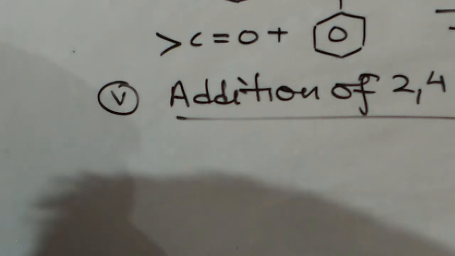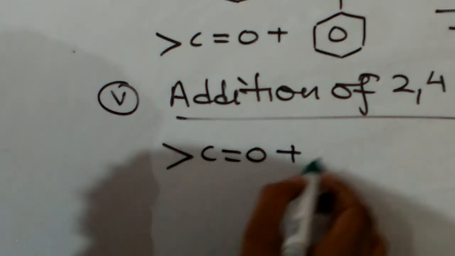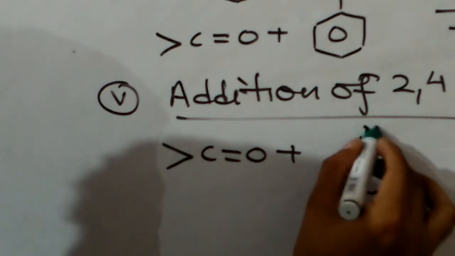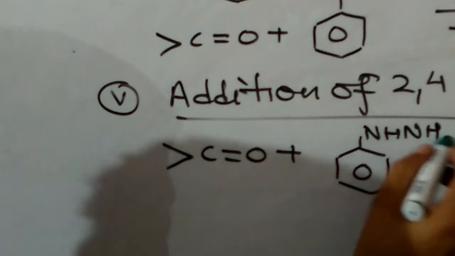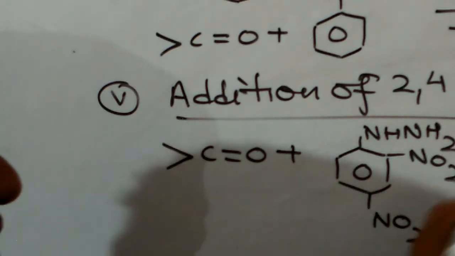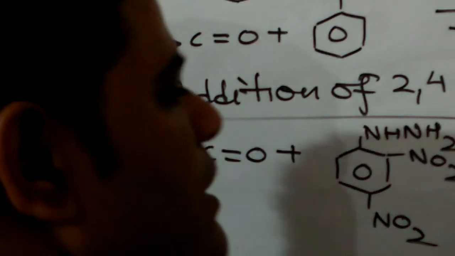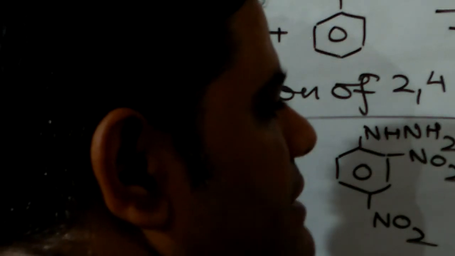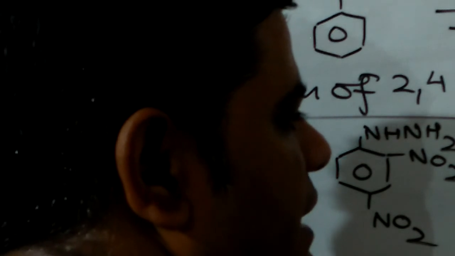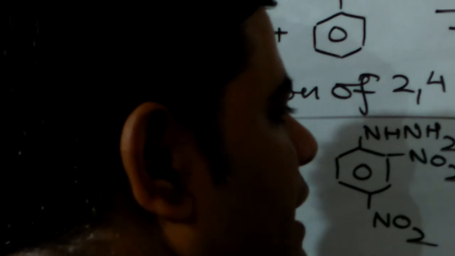2,4-dinitrophenylhydrazine, or Brady's reagent, is used for detection of the carbonyl group. The carbonyl group can react with 2,4-DNP in presence of ethyl alcohol to produce the yellow precipitate of 2,4-dinitrophenylhydrazone. Same way I have to do. From aldehyde and ketone I have to take O. From the ammonia part I have to take H2. Removal of water takes place and the rest is added with a double bond: C double bond N NH. Then the benzene ring is there, and at the 2 and 4 positions NO2 groups are present, and that is the yellow precipitate.